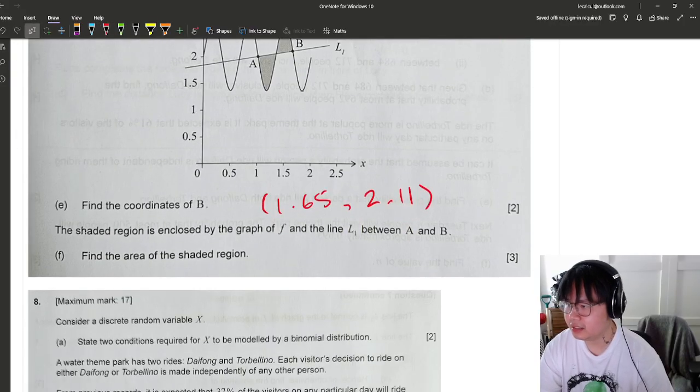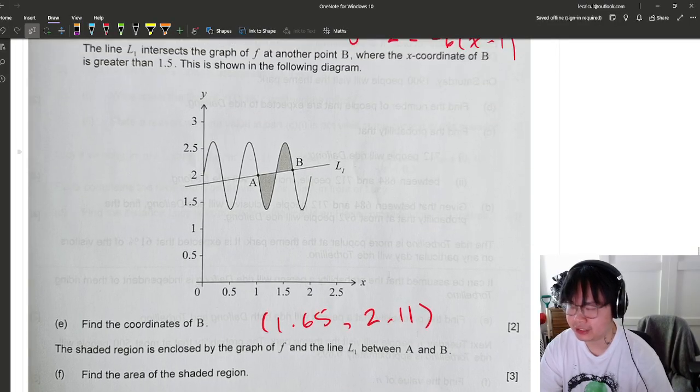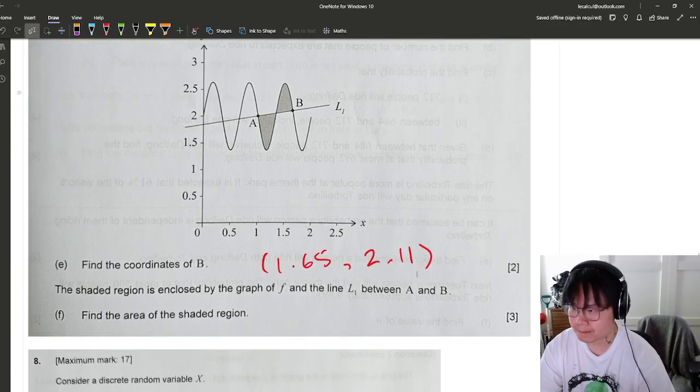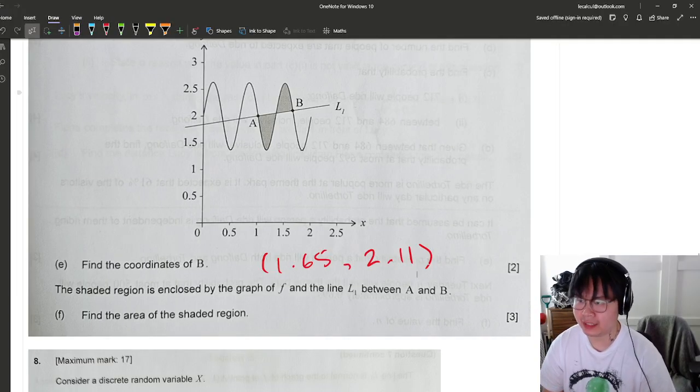Okay, then the shaded region enclosed by this graph of f and line L between A and B, find the area of the region. Okay. So we now want to find the area between the two graphs. Now, it is a little bit tricky because which graph is on top of the other switches. So for the first shaded region, L1 is above the graph, and then afterwards, for the second part, the function